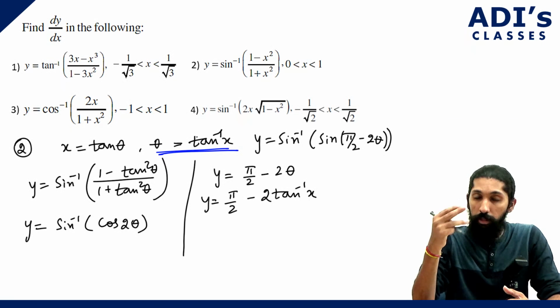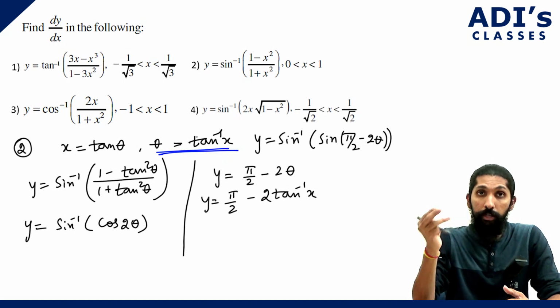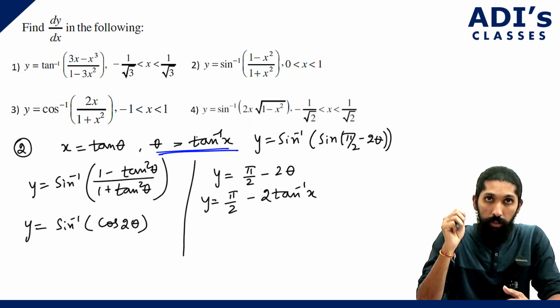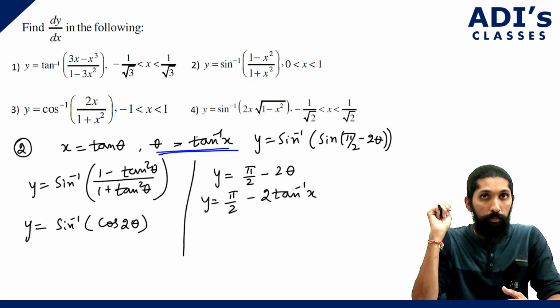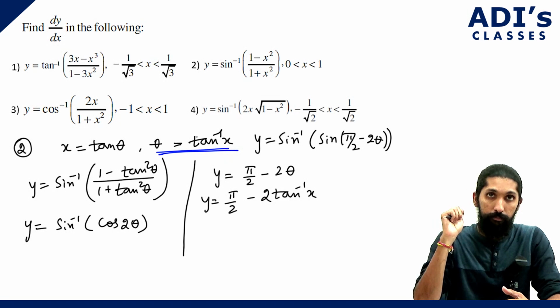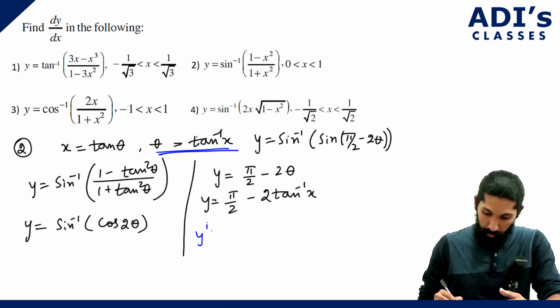Third step, or you can say the third point in solving these. If you could not reduce it, can you convert one trigonometric function into another trigonometric function, like what we have done in this particular problem? Then the last step is finding the derivative. Understood? So now if you find the derivative, we are going to have y dash is equal to,